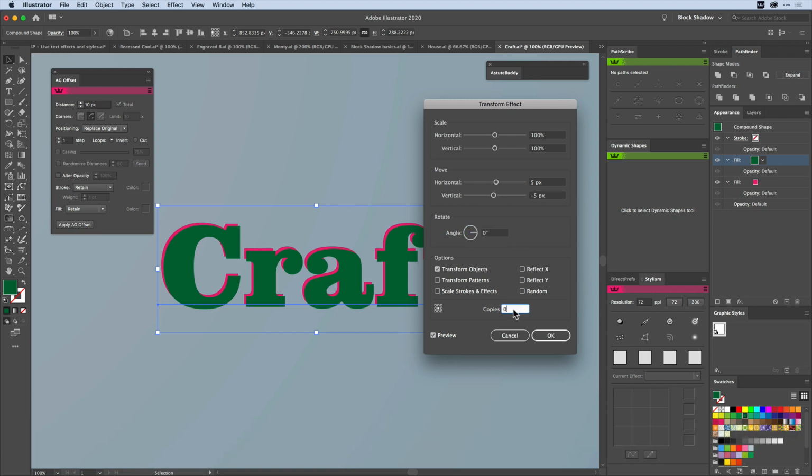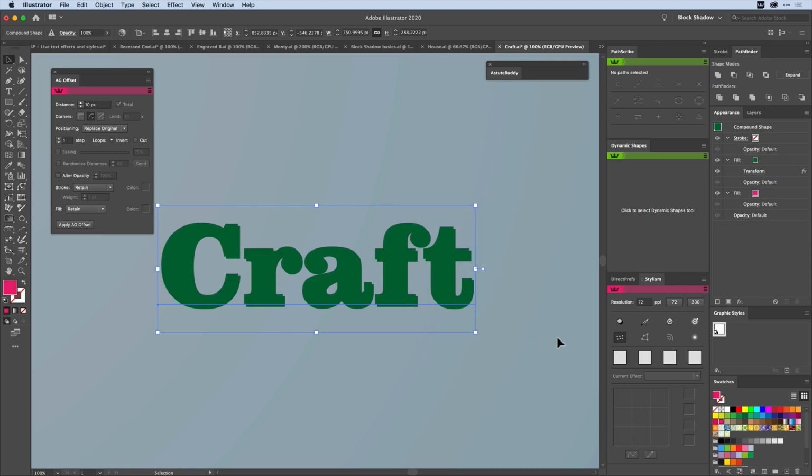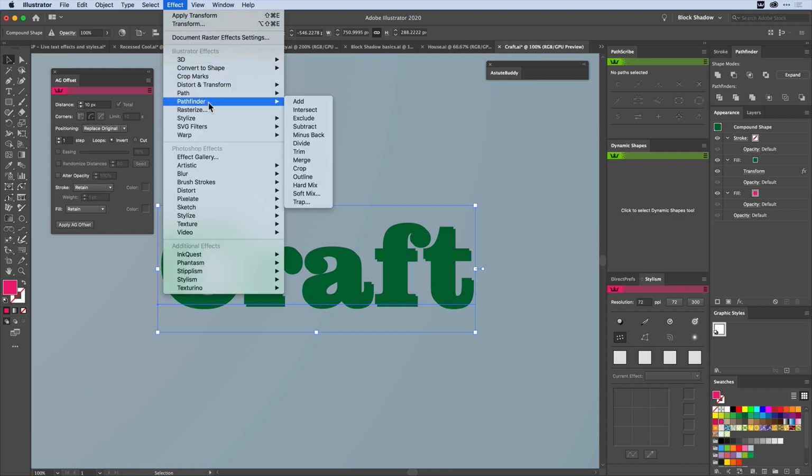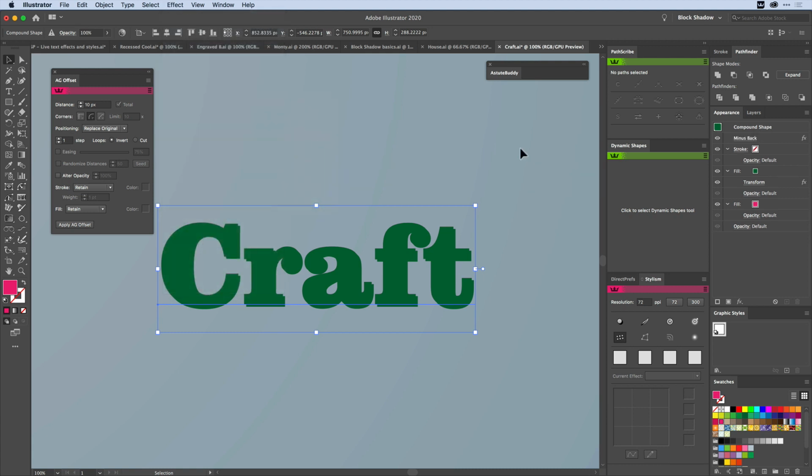And here's one of the big tricks. Where it says copies at the bottom of this transform, I'm going to type 1. This is an important part of the trick. So I've transformed it, and this thing on top is moved across a bit, like I showed in the earlier use of the Appearance panel. And I've applied 1 copy, which kind of makes no sense, but it will do. Now I'm going to go to Effect, and to the live Pathfinder, which often makes very little sense on its own, and I'm going to click on Minus Back. Once I've done that, in the Appearance panel, drag that under the transform.